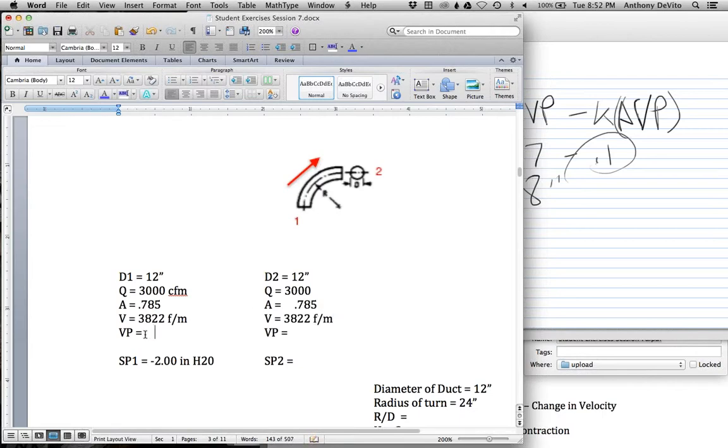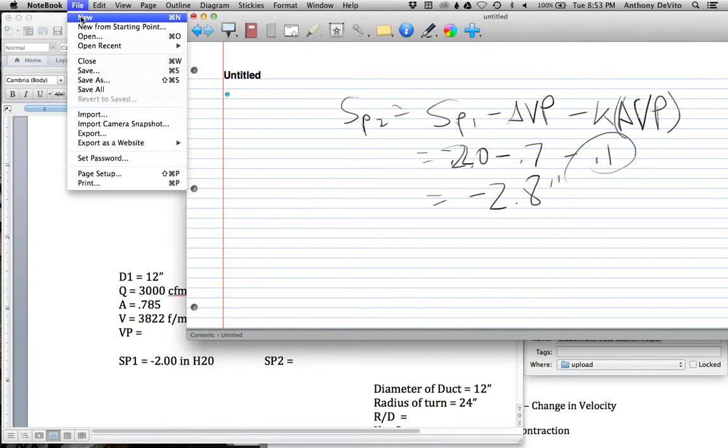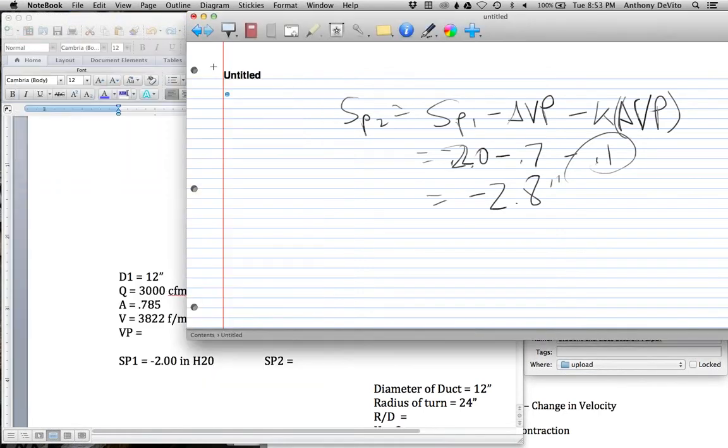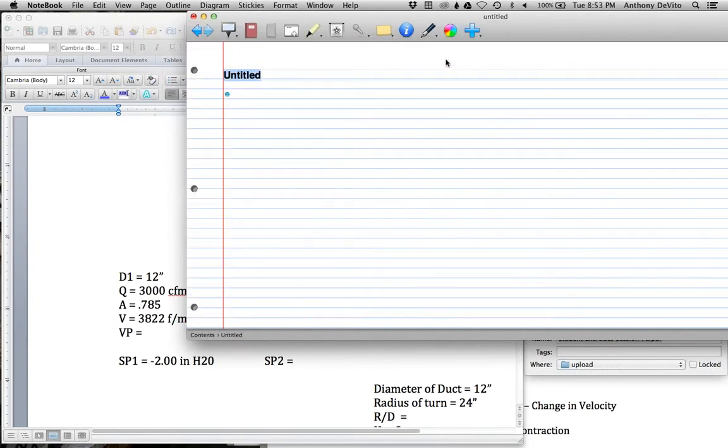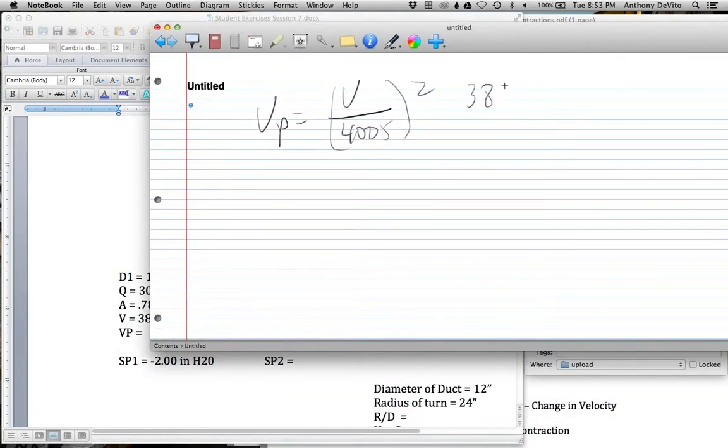Okay, now what's the velocity pressure? Same formula we used before, right? Velocity pressure is going to be equal to the velocity over 4,005, squared. The velocity we just calculated was 3,822 over 4,005. And we're going to square that, and it's going to be equal to